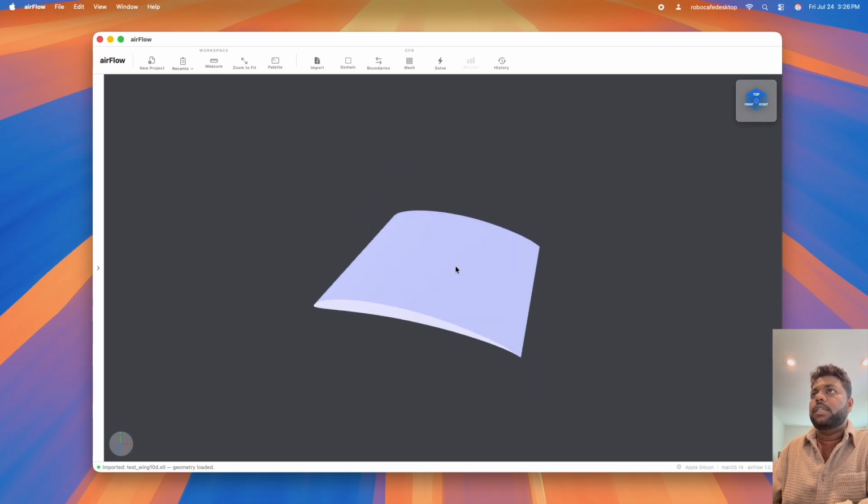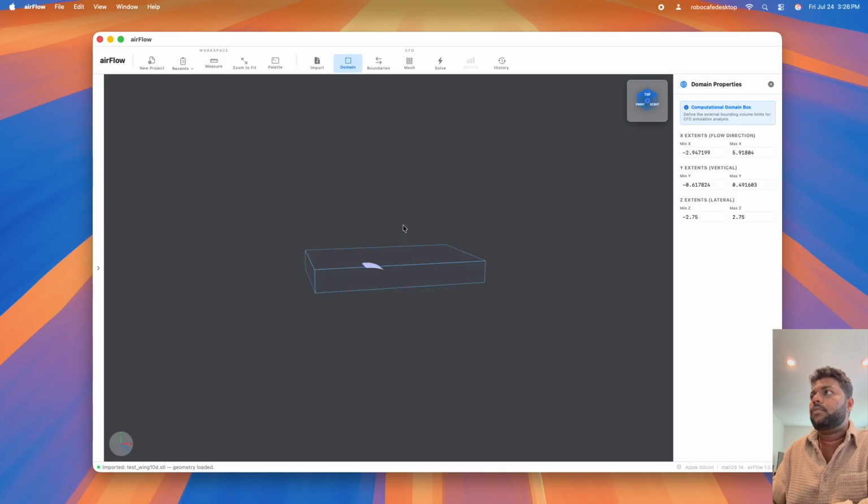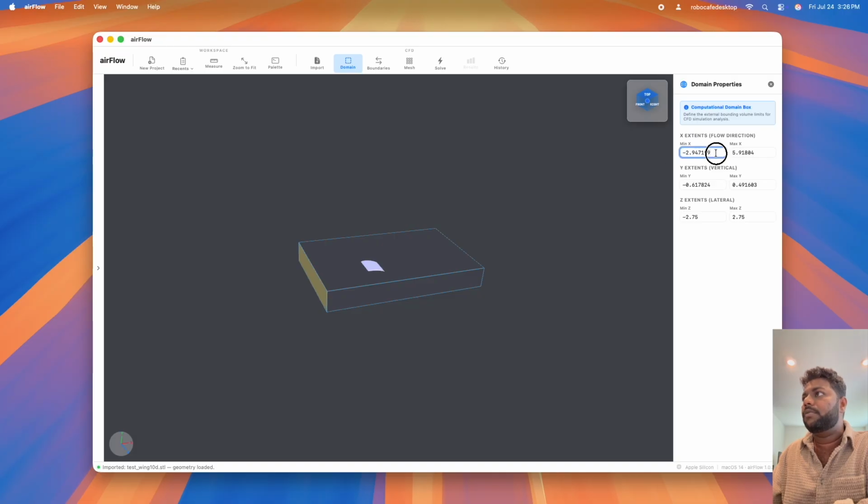So once your model is imported, you hit domain. Once you hit domain, we need to set up the domain in such a way that we can get all the readings from different angles, and we are not putting the walls, the boundaries too close to the model. So let's go ahead and set that up. In my case, I want this front plane to be closer, and I want the back plane behind the wing to be farther. So I do that, and the sides look okay. I'm fine with the sides,